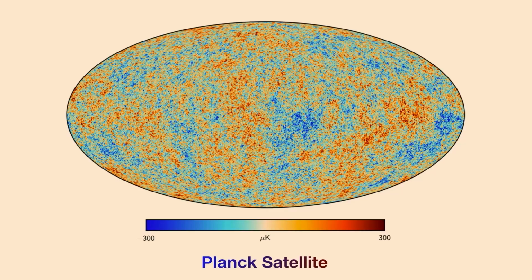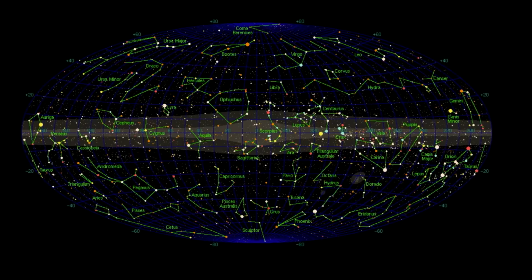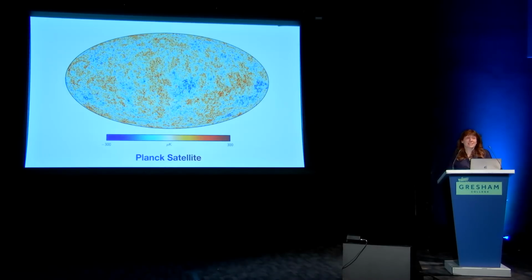So what I want you to appreciate is that this is how the universe was, and this is how the universe is, at least as far as an observer on Earth is concerned. The projection is exactly the same in a coordinate sense. But in this image, looking much, much further back in time, nearly 14 billion years back in time, the universe was a much more smooth place. It was a much more homogeneous place. The differences across this image are very, very subtle.